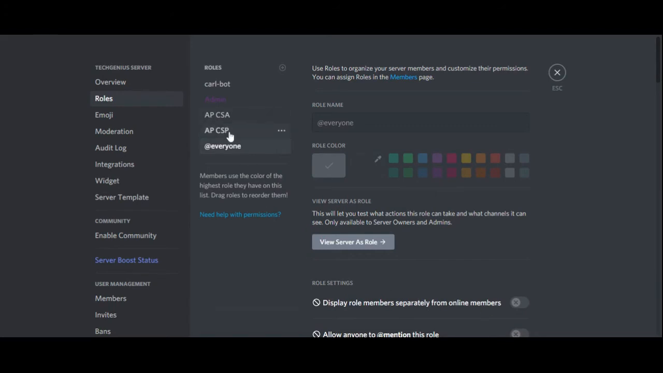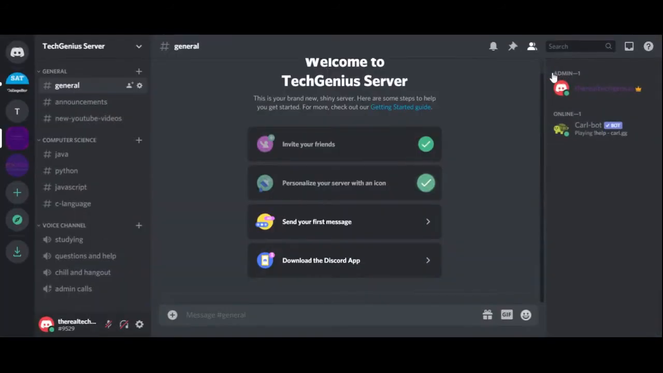Then you also want to make sure you create other roles like AP Computer Science A and AP Computer Science Principles. For example, in my server, I have created these due to my channel being about tech. And so, yeah. So now two more things we need to do quickly before we actually have Carlbot activate is